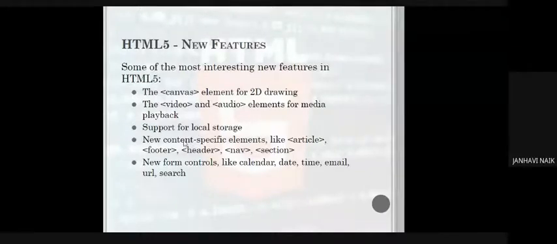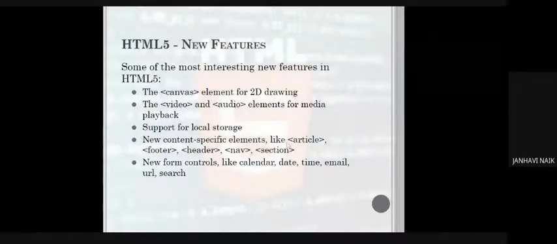Next is content specific elements, like article. Now consider we have a web page, and suppose in that web page there is a list of 5 Bollywood actors and maybe the awards that are won by them. Suppose I'm creating a web page, I will write the actor's name, any actor name. If I say Salman Khan, I will write down five. Suppose he has won 5 awards, I will write 5 awards. So this is a small article which is about actor one. Similarly, suppose I have 5 actors: actor two, actor three, actor four, actor five.